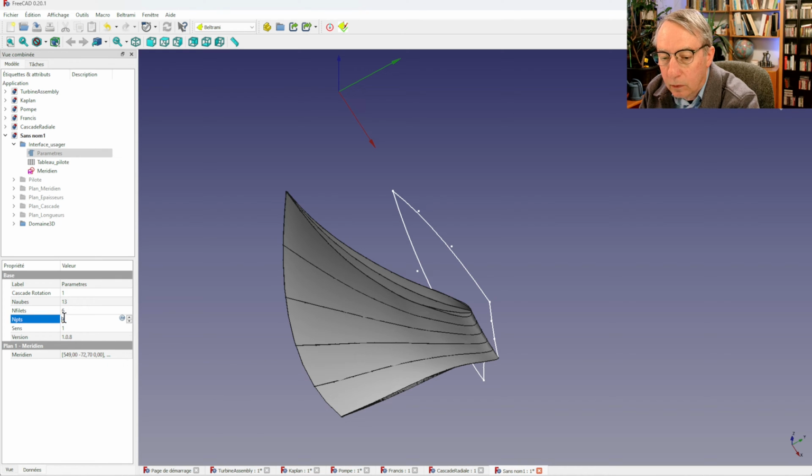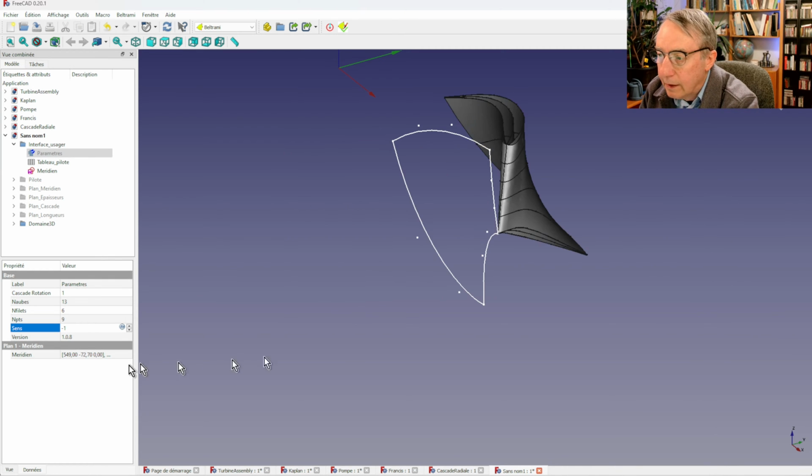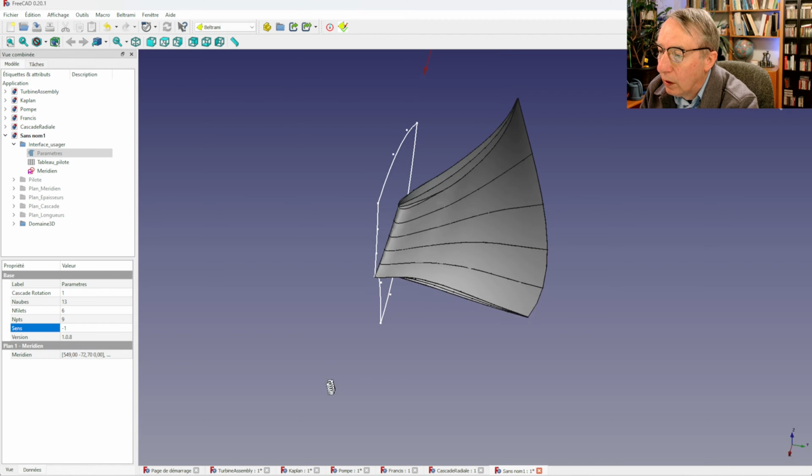If we increase to 19, to 129, it influences mostly the leading edge shape, and in fact it should be increased for fabrication, for calculation for finite element or CFD, but during the work on the geometry definition it's not necessary to have it so high, so we keep it at 9 to maintain the reactivity of the software. And here we have the sense of rotation, so this is the positive, which is counterclockwise. If we put it negative, we have the clockwise rotation of the blade.